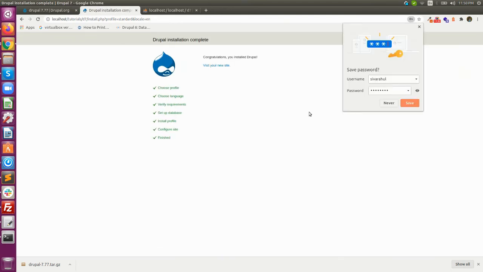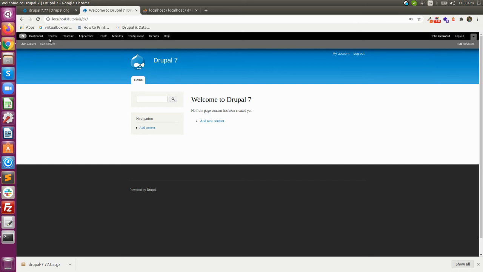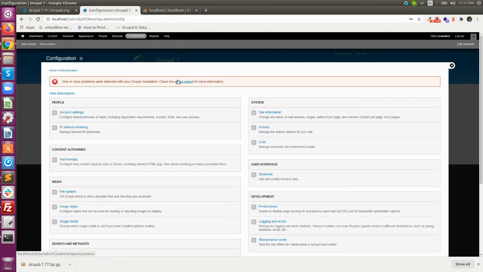So here, we have completed the installation of D7. This gives us access to all the site settings and the configurations. As the name says, the black bar on top is our admin tools, which we can use for configuring our website. The modules tab gives us the access to install and configure the modules, and the people tab takes us to the list of people who